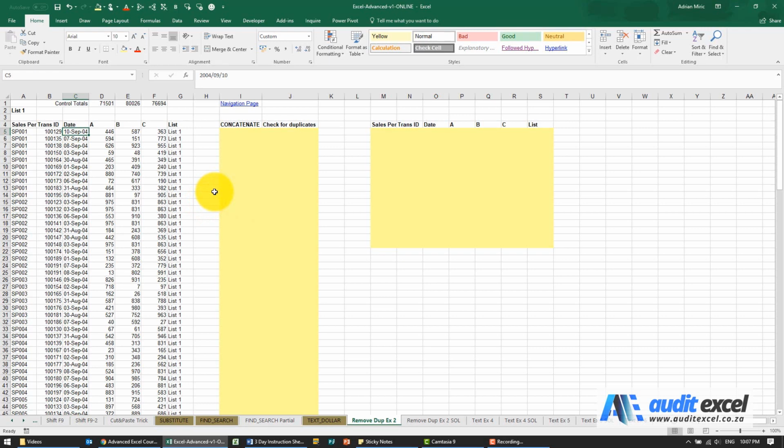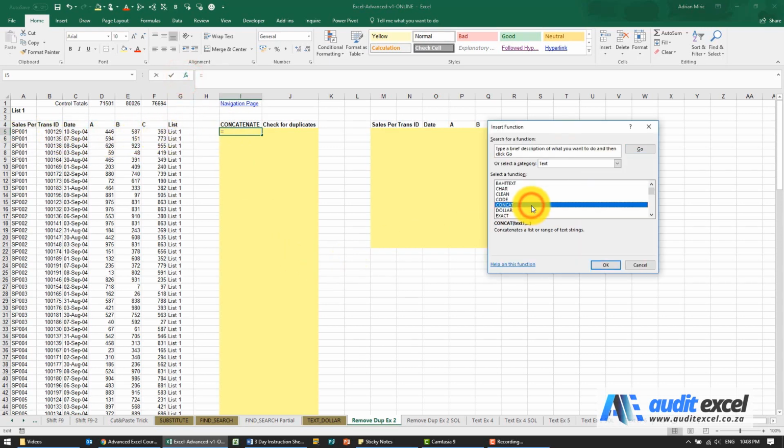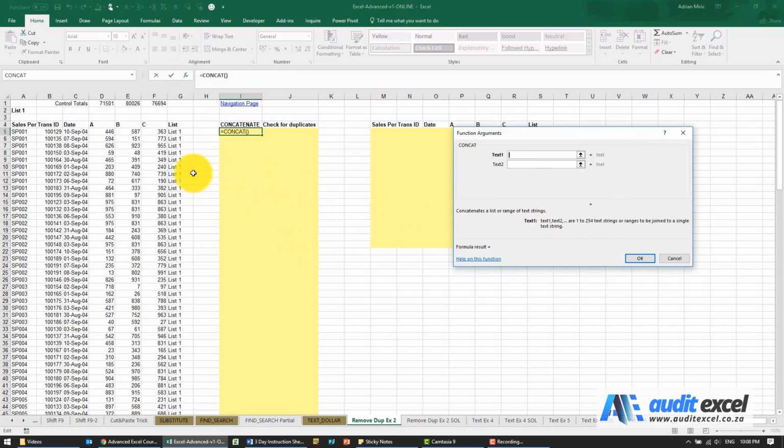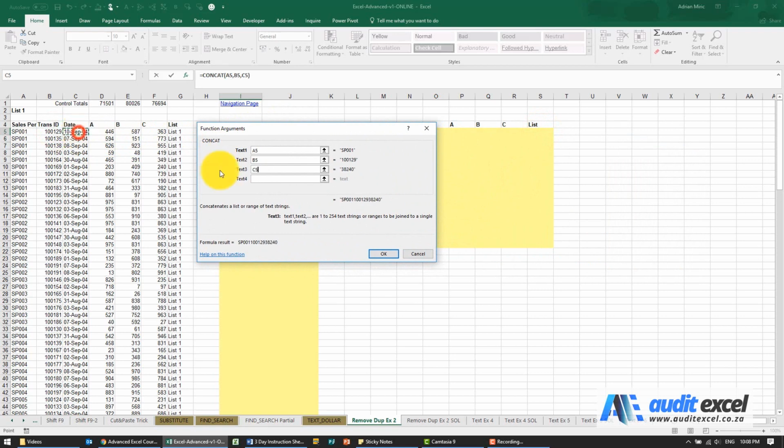The solution to this example, the first thing we need to do, in order to identify if something's a duplicate across that many columns, Excel's not great with formulas that run across all these columns. So we're going to create a column here, and what this is going to do is just combine all these cells together. So we're going to use concatenate, and we're going to say we just want it to look there, and then there, and there. So all we've done is hopefully create a unique listing.